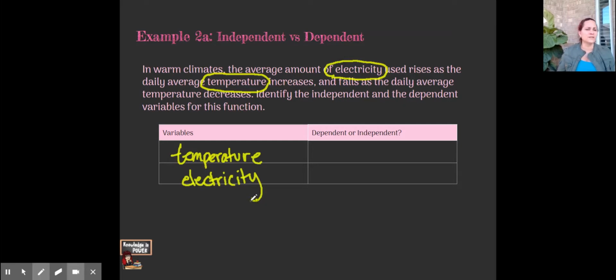So the independent is the one that we have to know first, right? The other one follows. So which one is it that will follow the other? Another way of thinking about it is which one is unaffected by the other, okay? So in this case, the one that comes first is the temperature outside. This is our independent,